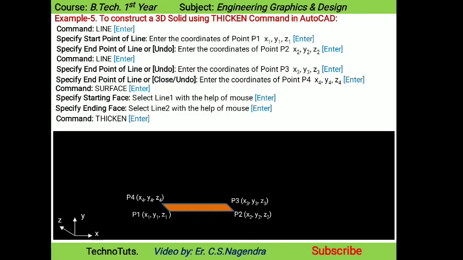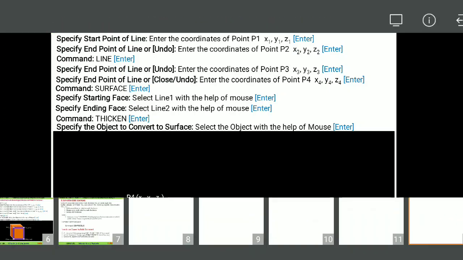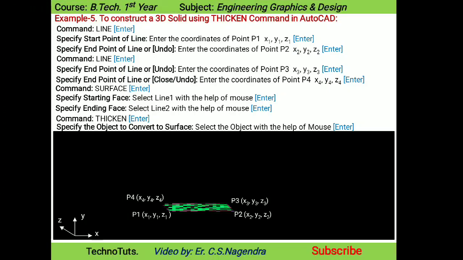Okay students. Now at the command prompt type the thicken command and press enter key. Again the viewport will get activated on the screen. Now the computer will ask you to specify the object to convert to solid. So you have to select that particular surface drawn in the 3D drawing and press enter key. You will see a 3D view of that surface will be drawn in the 3-dimension viewport. Okay students, let us see it. When you press enter key after selecting it, it will be converted into 3D view. Okay,